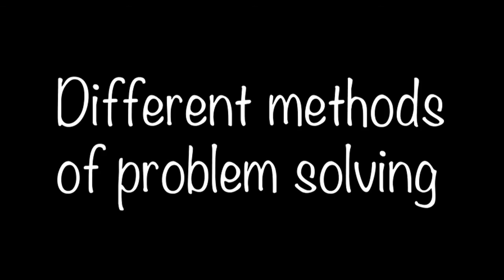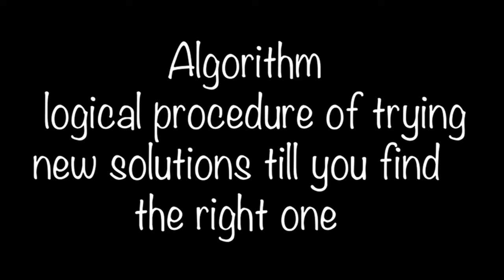This video talks about problem solving. We as human beings are excellent problem solvers. We use different methods, however, to solve problems. One of the methods that we use is trial and error, which is not the most efficient. Another method that we use is called algorithm, which is basically a logical procedure of trying solutions till you hit